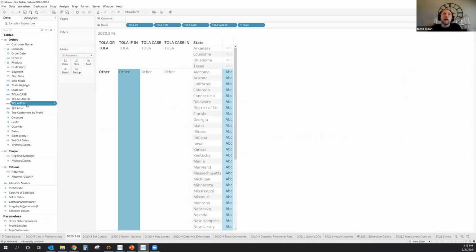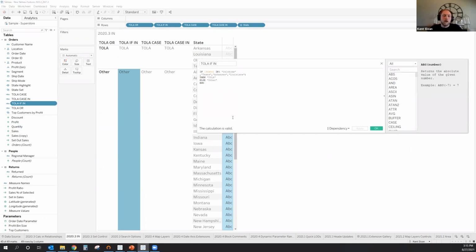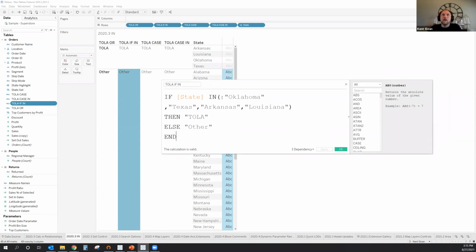If I were to then replace this and use the new in operator to select logic, all I have to do now is say in and then list out all of these fields with just a comma between them. And now it runs through all of these as one step.